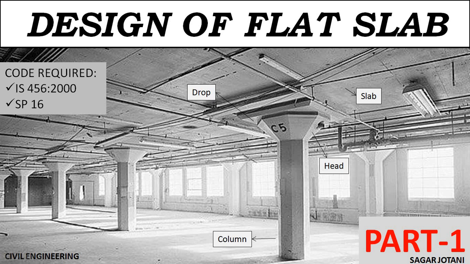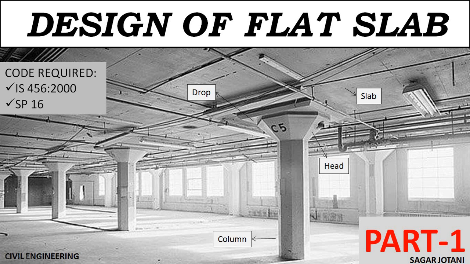So generally the flat slabs are slabs which directly rest on the column. They are directly rested on the column, they do not have beams, and the requirement of this kind of slab is for more height, for economy, when the length of the slab is to be more, and the spacing between columns is more.